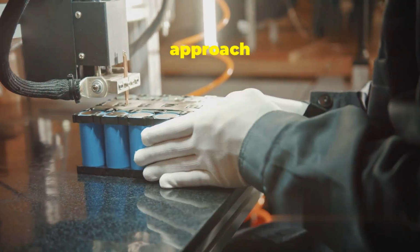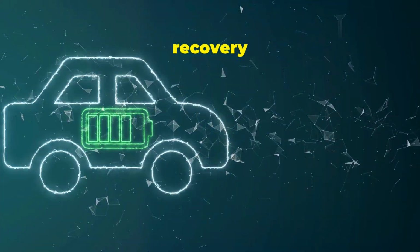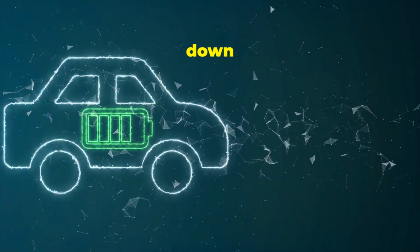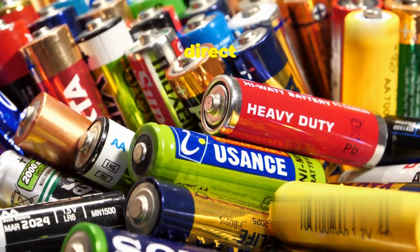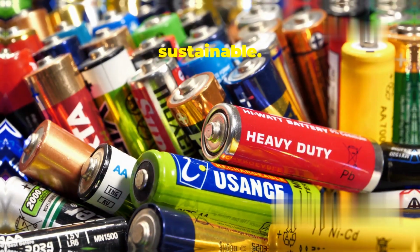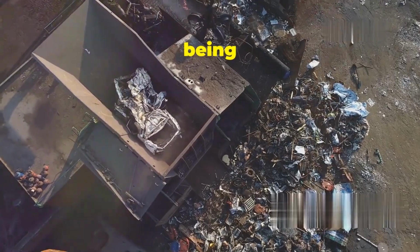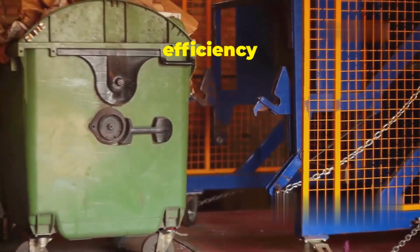Another innovative approach is direct battery recycling. This process allows for the recovery of entire battery components, such as electrodes, without breaking them down completely. By preserving the integrity of these components, direct recycling can significantly reduce energy consumption and emissions, making the process more sustainable. Additionally, artificial intelligence and machine learning algorithms are being used to optimize sorting and dismantling processes, improving efficiency and